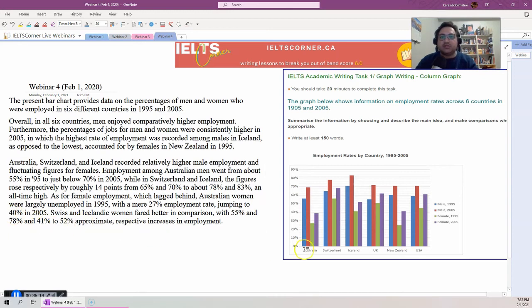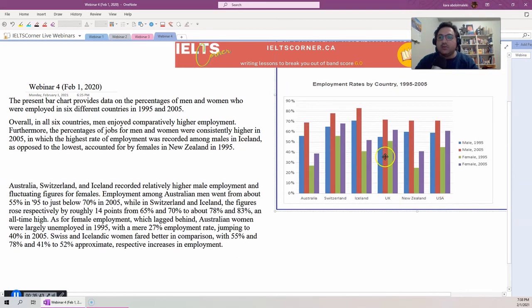We talked about these three countries: Australia, Switzerland, Iceland. Now I'm going to move to UK, New Zealand, USA. Pay attention that here you can't really say UK, you have to say the UK when you put it in a sentence. USA works, but the US is what is more common, and New Zealand. And then the UK becomes British when you talk about nationality, the same way that Switzerland becomes Swiss, and New Zealand becomes New Zealander, and USA becomes American.